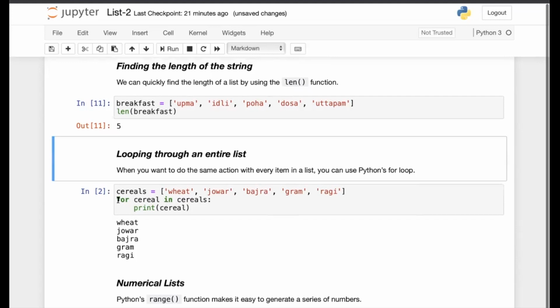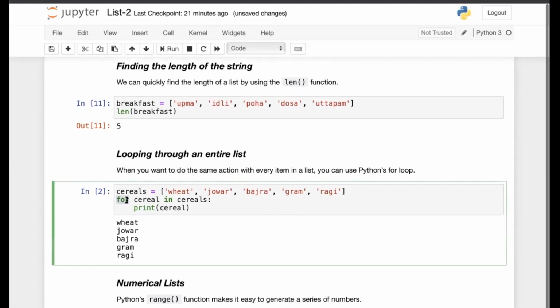So here is the syntax. We will use the for keyword, and then there's a new variable that I'm introducing here, cereal, which would refer to each of these individual items one by one in successive iterations.